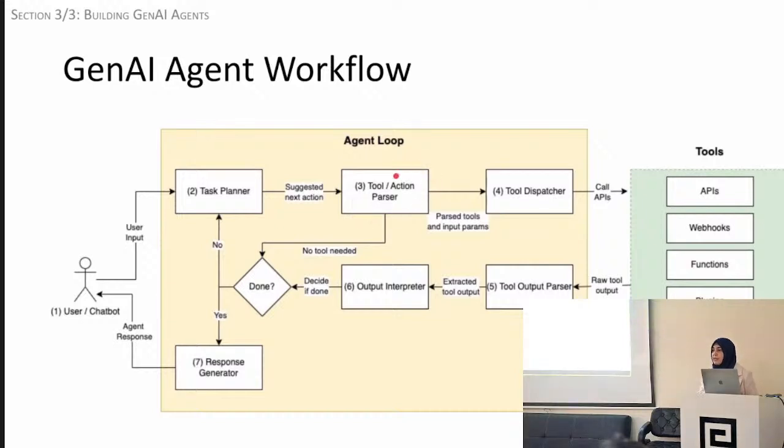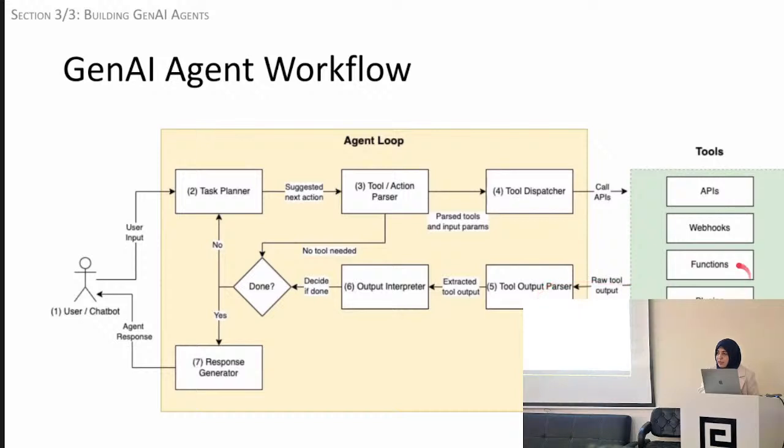which is basically going to go into your tool parser. So it's going to figure out which tools it needs to carry out these actions, and then it's going to call those tools. These tools can be services, they can be microservices, they can be LLMs, they can be other agents even, depending on what the action is. They can be other APIs, functions.